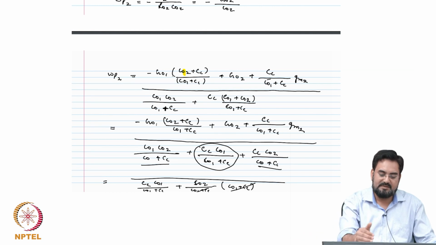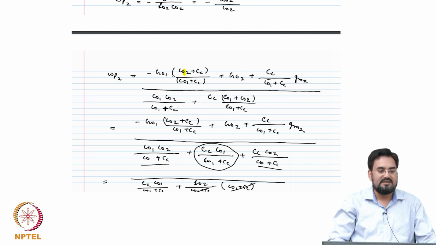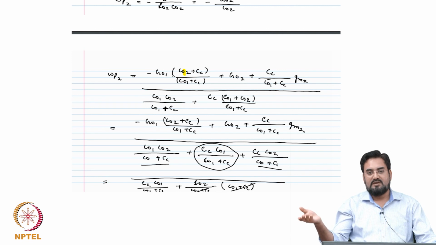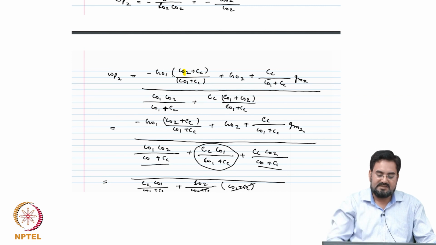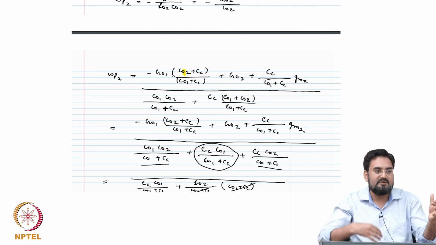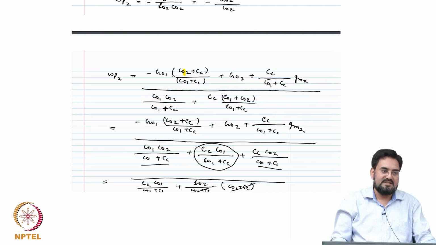So if you take this approximation, you will get a correct result, whether you take the complete equation or that. The only thing you have to be careful about is that you cannot always assume that Cc is much larger than CO1 or CO2, unless you know what exactly the Cc is. Sometimes what happens is, if you consider one case and the value you get for Cc is very close to CO1 and CO2, then you have to go back and redo your calculation, everything again.